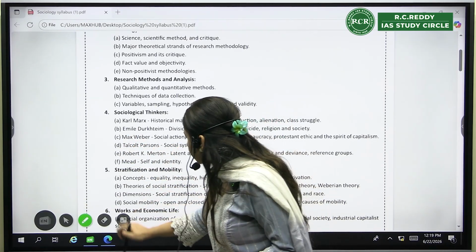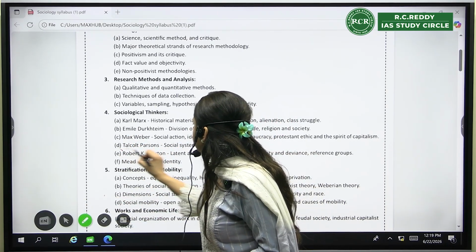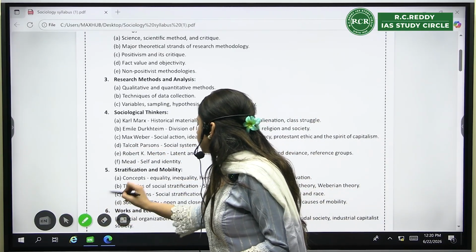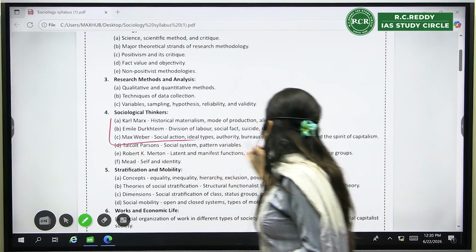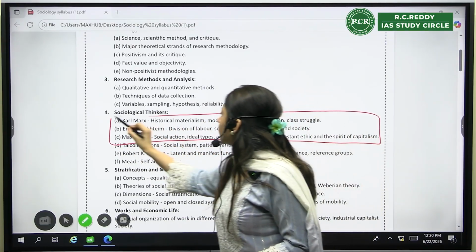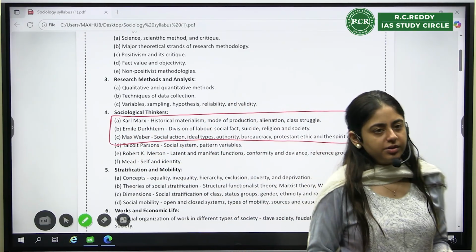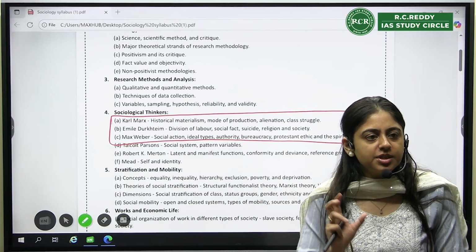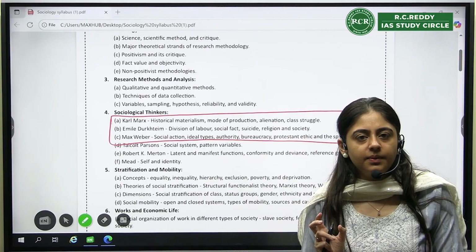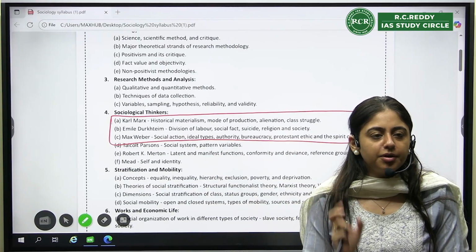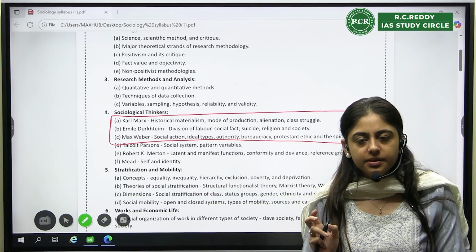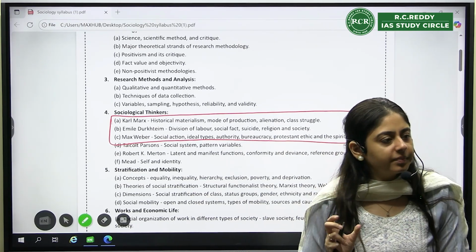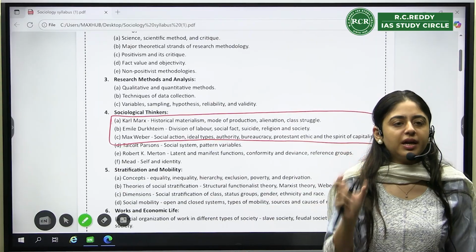First we will do these 3 thinkers: Marx, Durkheim, Weber. You can treat them like the grandfathers of the subject, the first generation of scholars, right? Your grandfather in your household is the eldest, and everything which your family knows and does starts from him. So these 3 thinkers are very, very important,